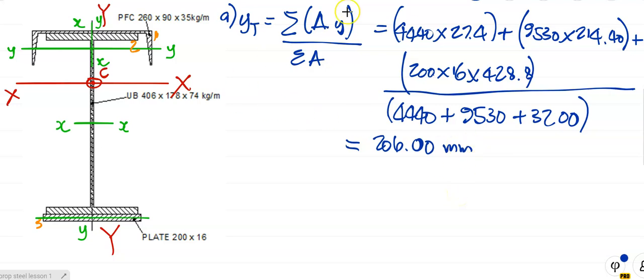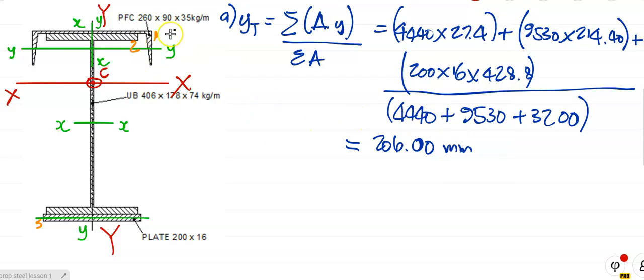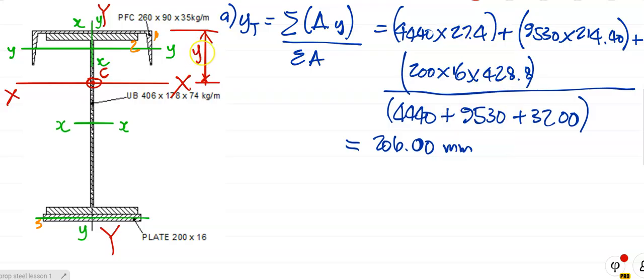Okay, what does it mean? It means this. It means that the distance from there to there, okay, it's called y top, and it's equal to 206. I'm going to write it just like that, for space. Okay, and of course I said there,